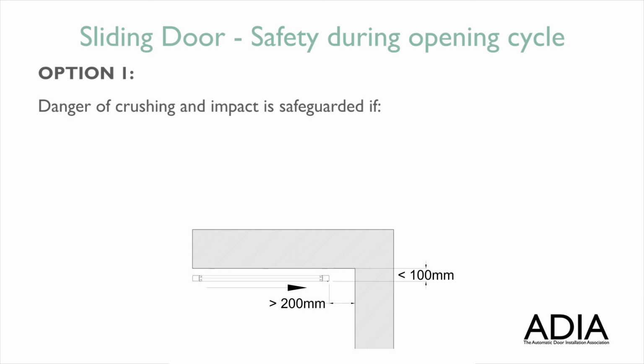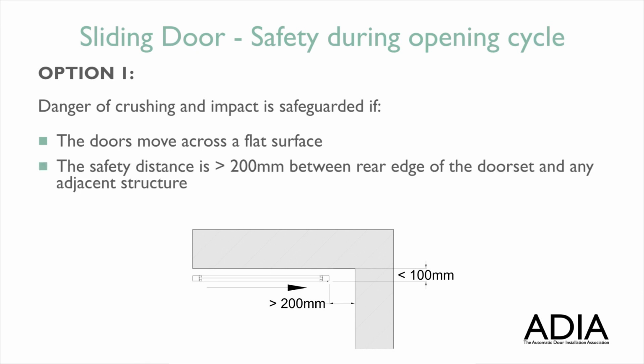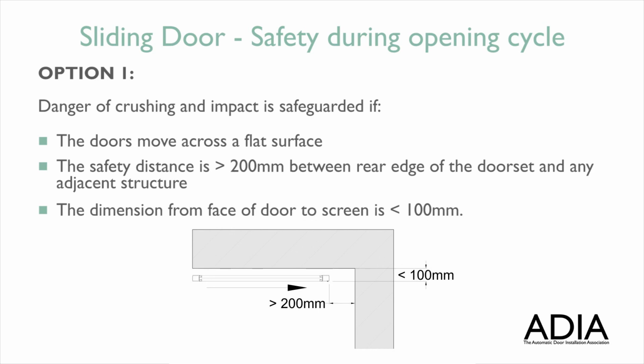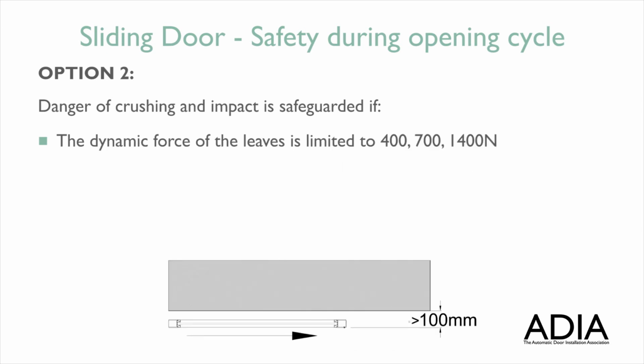Danger of crushing and impact is safeguarded if the doors move across a flat surface, the safety distance is less than 200 mm between rear edge of the door set and any adjacent structure, the dimension from the face of the door to screen is greater than 100 mm, the dynamic force of the leaves is limited to 400, 700 and 1400 newtons,